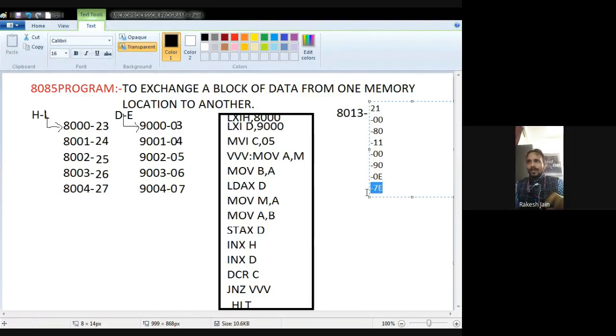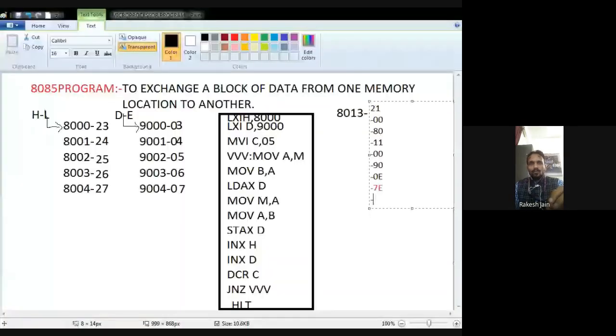Remember this thing, I just bold it, so a red color sign is there. Whenever we upload this 7E, just remember the address, because we should write down the same address after jump not 0. Then move B comma A. What is the hex code for move B comma A? The hex code for move B comma A is 47.